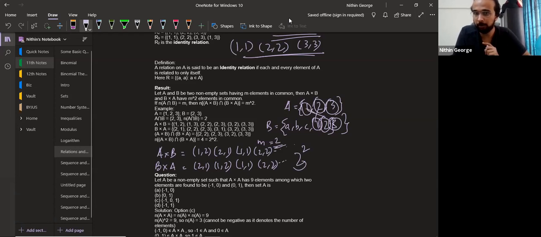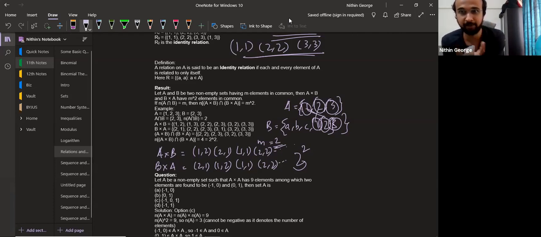So there'll be a 1 comma 2 and there'll be a 2 comma 1. Okay, there'll be a 3 comma 1 and a 1 comma 3. Like this will keep happening. And then there'll be terms with itself again, 1 comma 1, 2 comma 2 and 3 comma 3. Right. So when you crisscross,